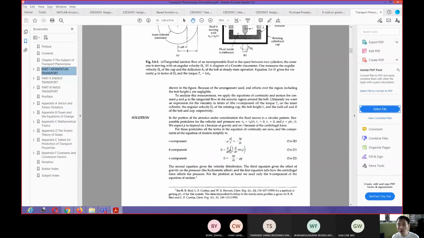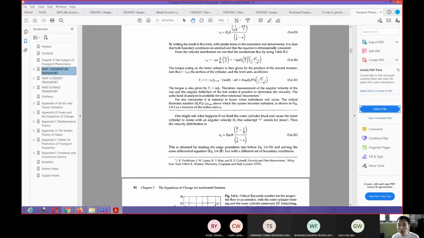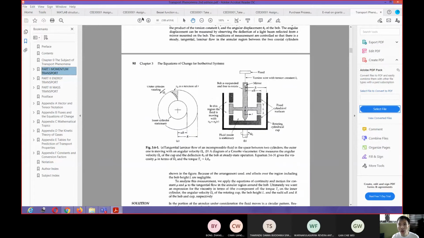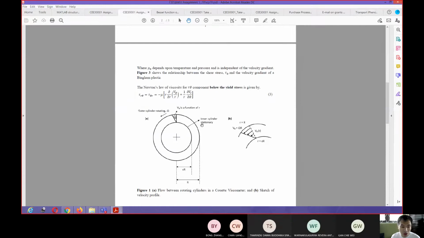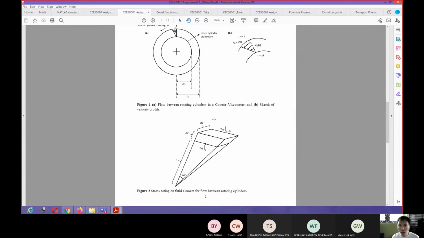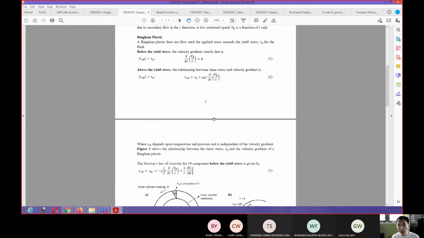They solve using the equation of motion from B6, but in our case we have to use B5. So the final expressions will be different. It's not going to be 3.6.32. That is the thing you need to pay attention to. Instead of trying to solve it using another example, you need to focus on what I have given. If you have any problem, you can ask me whether it's correct or not.